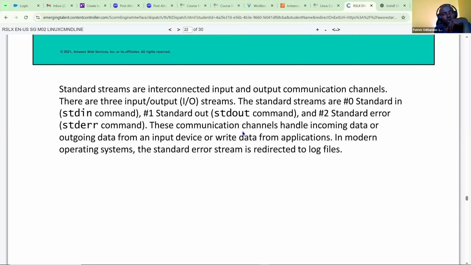These communication channels handle incoming data or outgoing data from an input device or write data from applications. In modern operating systems, the standard error stream is redirected to log files. What does that mean? It means that whatever is found as an error is written to log files.